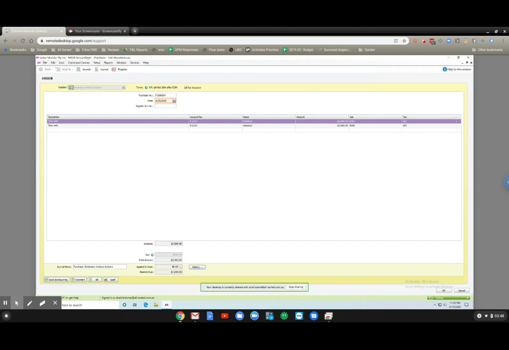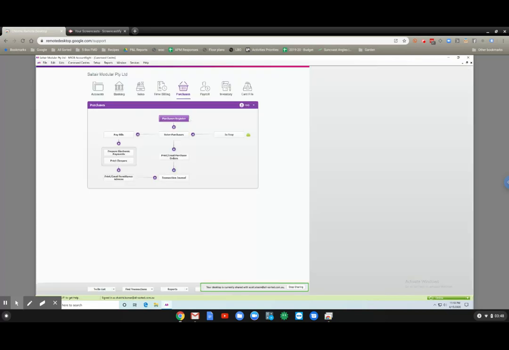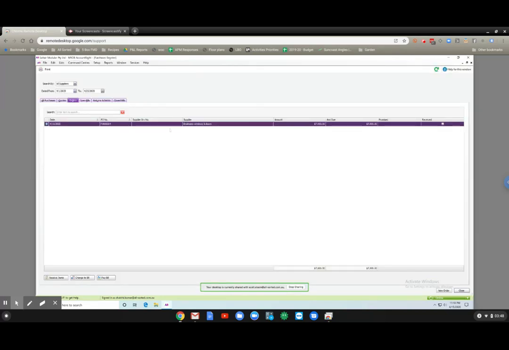We've now got a bill in the system and it's due on the 30th of the month. So it is important that those receiving documents are sent through to us straight away, because you want your purchases register to be up to date. So in this purchases register, if we haven't been advised that this purchase order has been received, it's going to sit here waiting to be received, and your purchase register is going to become too hard to manage. So the quicker you can get those documents through to us, the quicker we can get it updated and your records are up to date. If you have any questions,